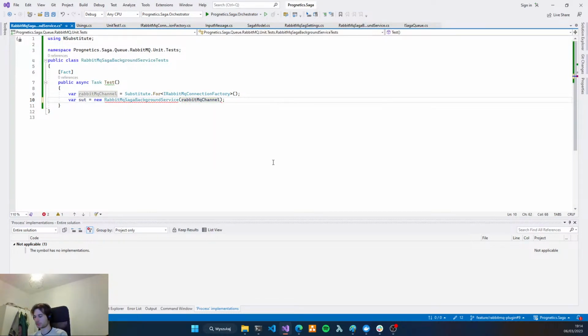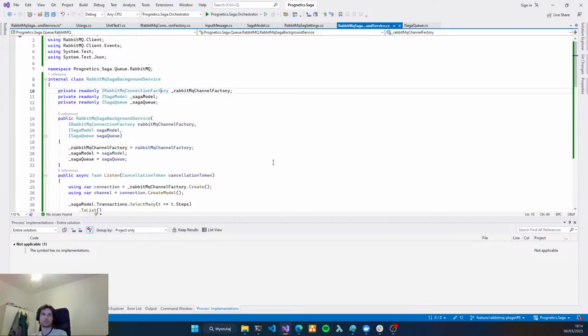Now let's pass the channel connection factory. Maybe we should first test the red scenario, I mean some exception throwing, but let's go first with the green scenario. It's motivating if we have something working.